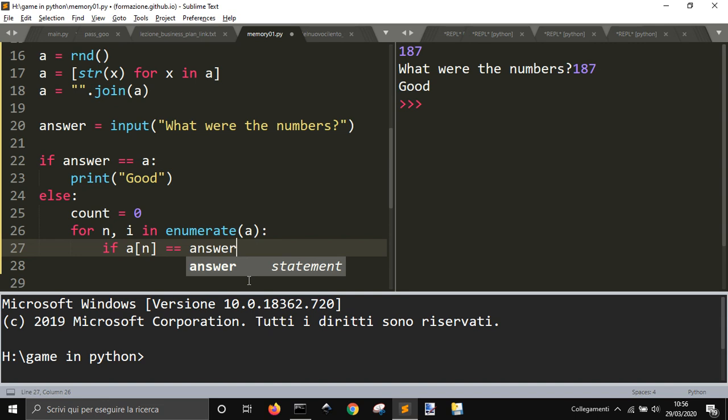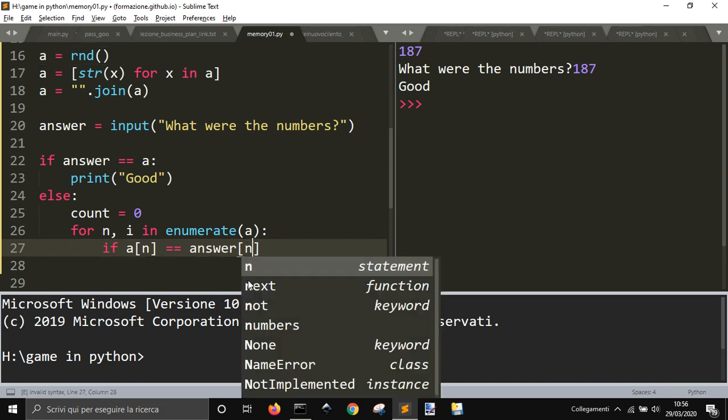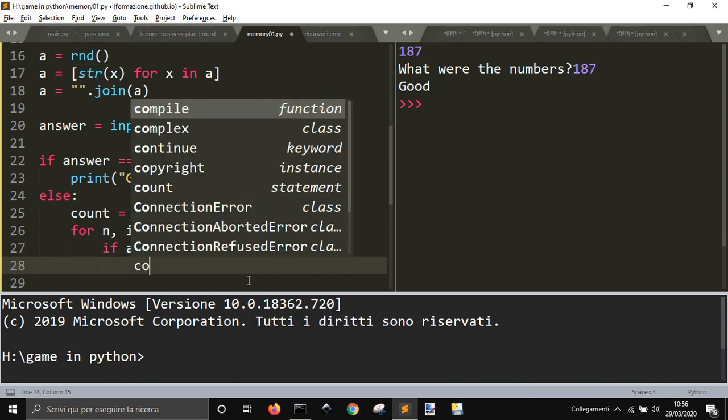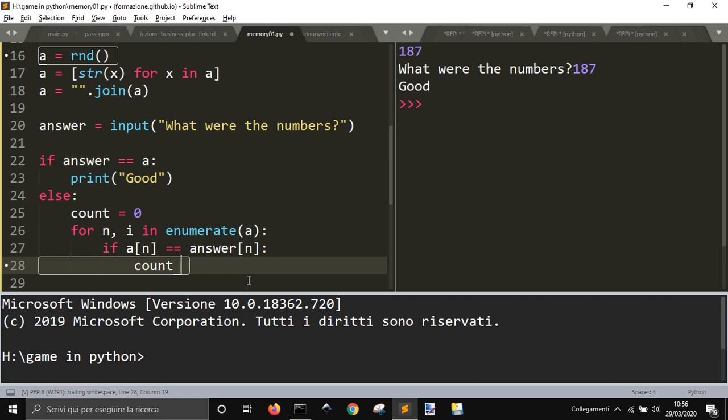So if I guessed some number, it will increase the count of the guessed numbers by 1, and then I will print